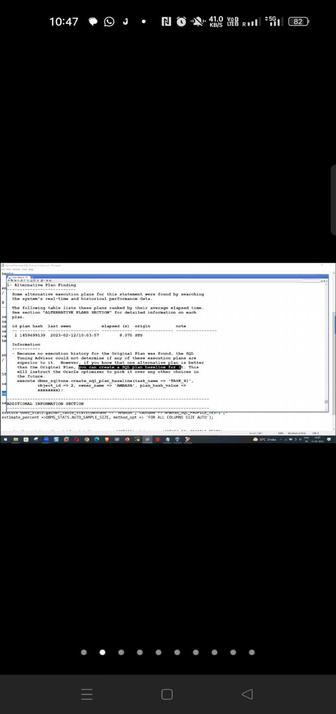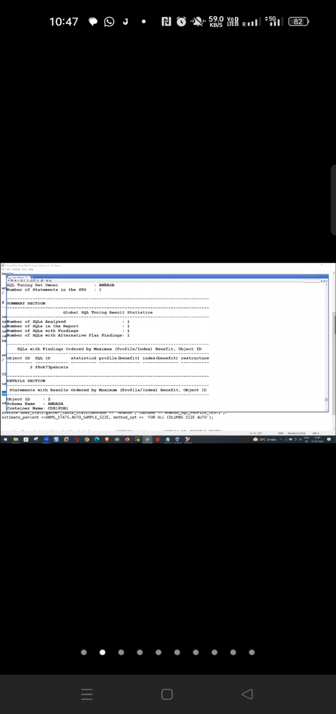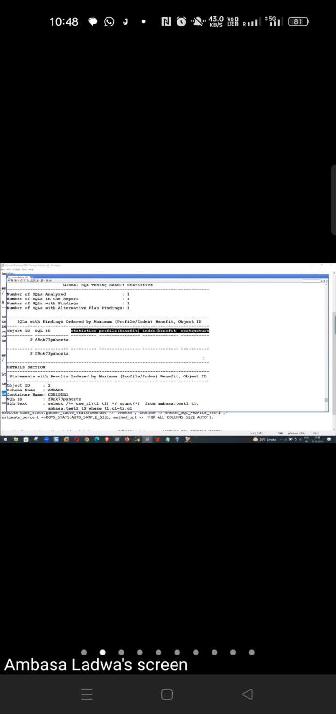This will instruct the optimizer to pick up the best plan over the choice in the future. So what is the suggestion? Earlier we had 4 suggestions: gather stats, accept profile, index creation, and restructure. 4 plus 1, this is 4, plus 1 is here. This is called